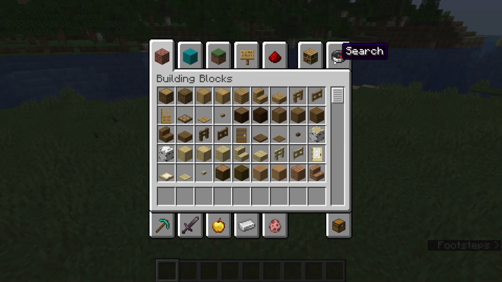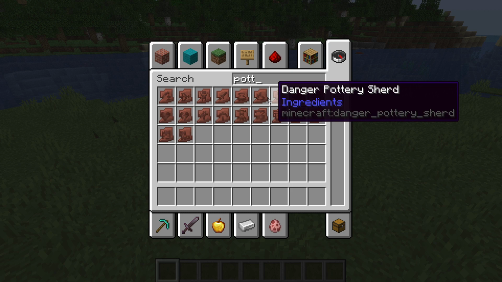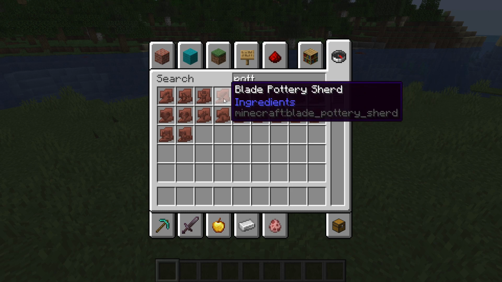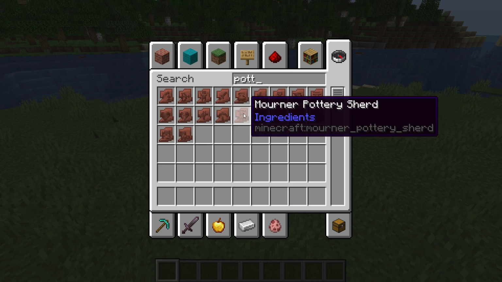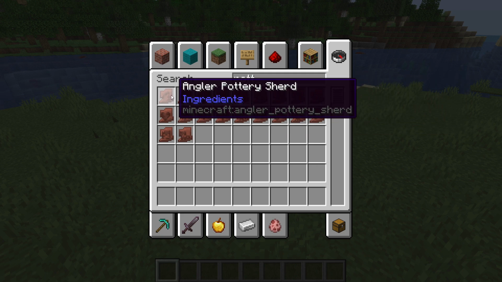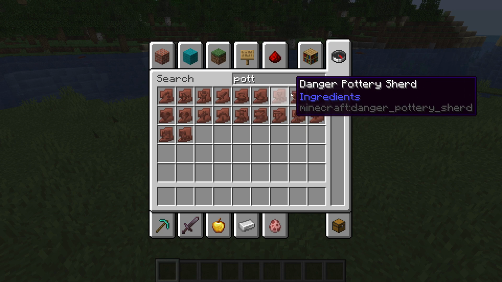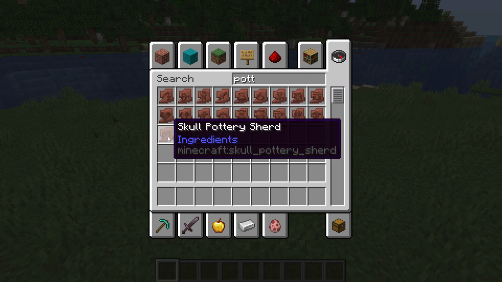First of all, there have been updates to the pottery shards. Every pottery shard is now called pottery sherd. What sherd means is a broken piece of ceramic that you can basically find in archaeology sites. So they've just done that to make it match up more with the archaeology wording. It's not a big change, it's literally just a wording change,